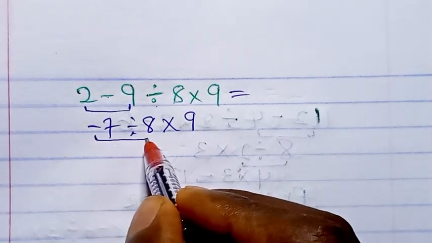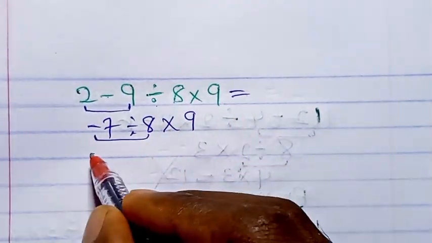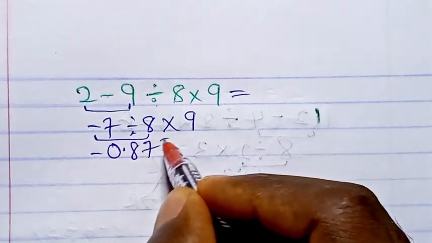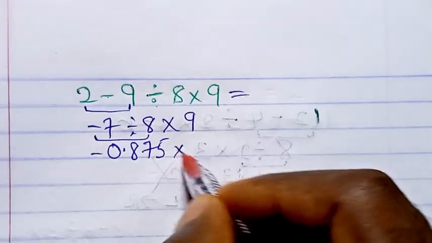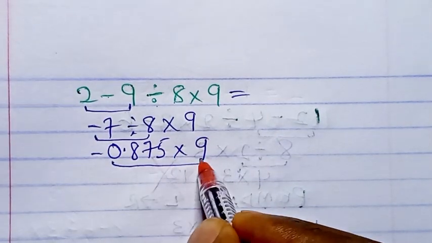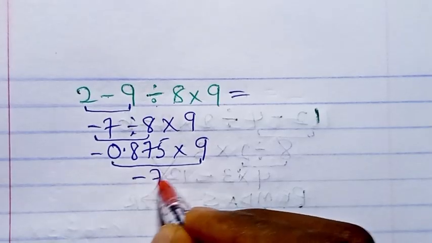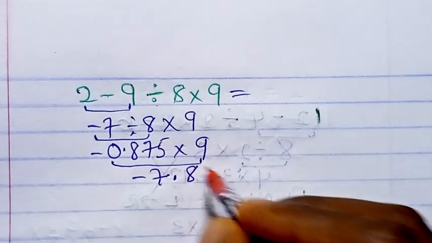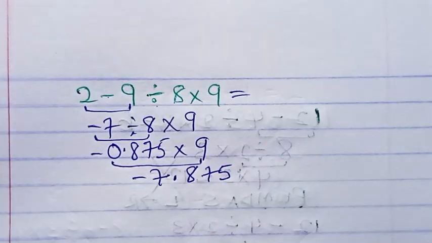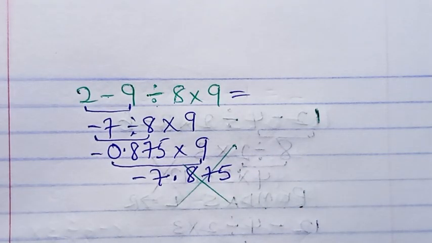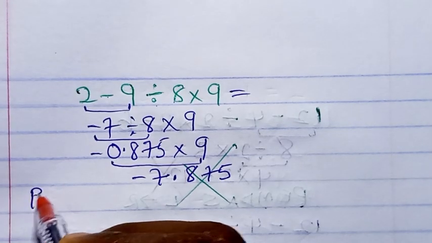So minus 7 divided by 8 is going to give us minus 0.875 times this 9. So if we multiply this is going to give us minus 7.875. So this is not correct, because according to the order of operation, PEMDAS,